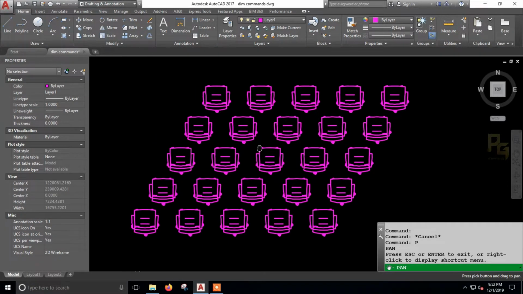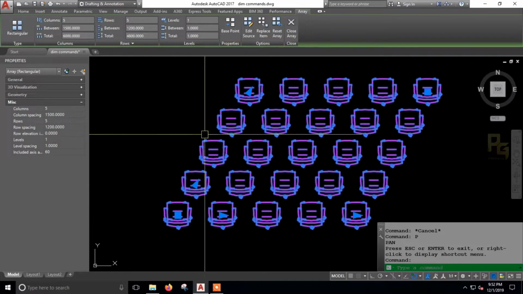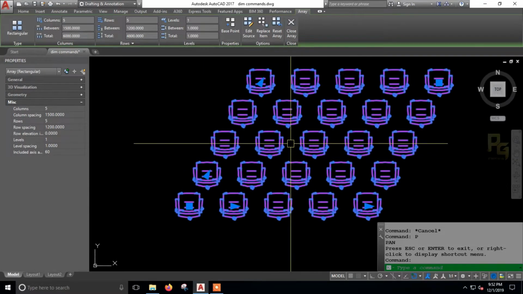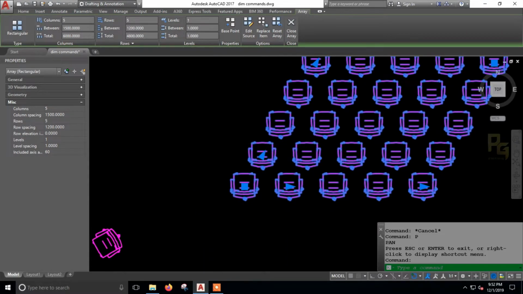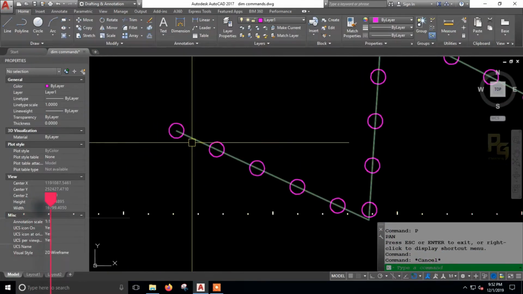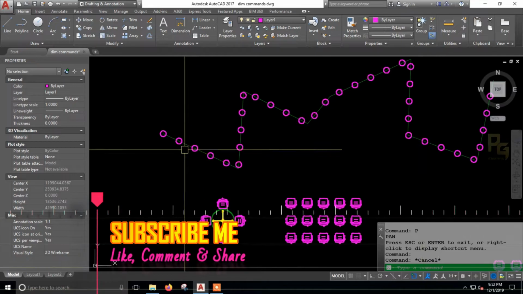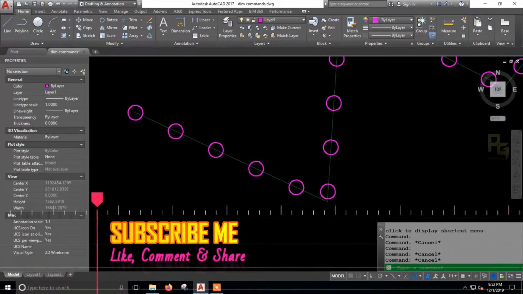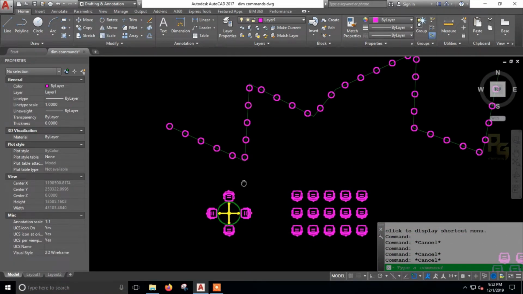The rectangular array also, you can find a lot more interesting things in this. So just try and you can make use of it in many places. So the next one is about creating a path array like this. For this, I am drawing a